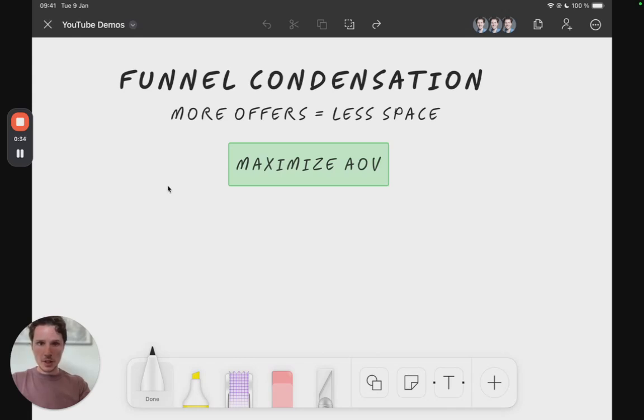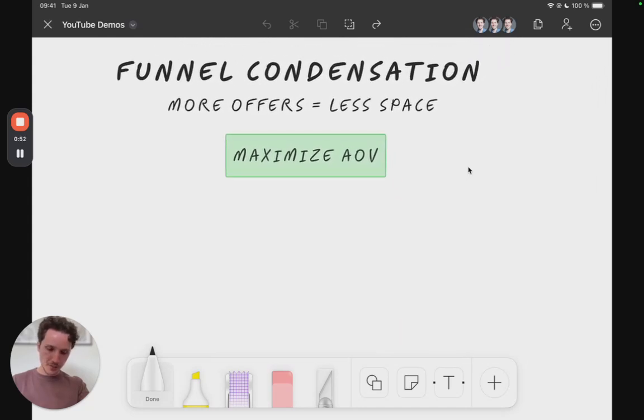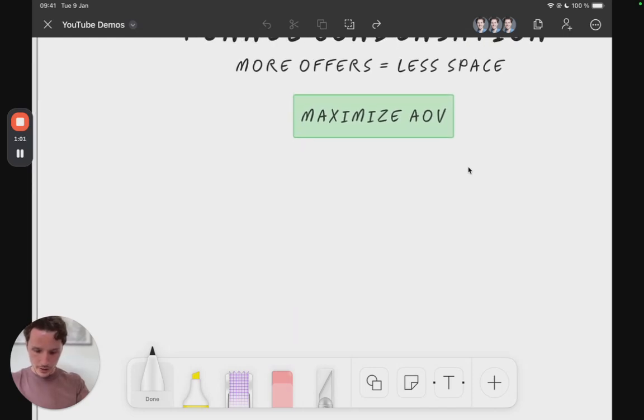The key is to have the right balance between making enough offers, but not overwhelming the buyer, right? So I'm just going to walk you through the different steps of how people usually make offers in funnels and how we can condense this, right? So the usual way is when you start, you have,